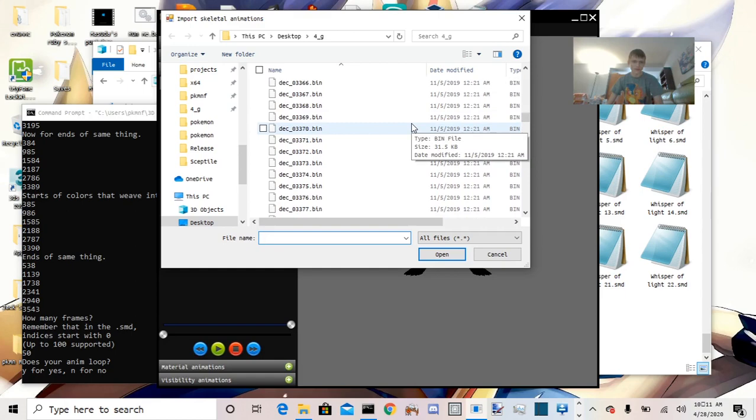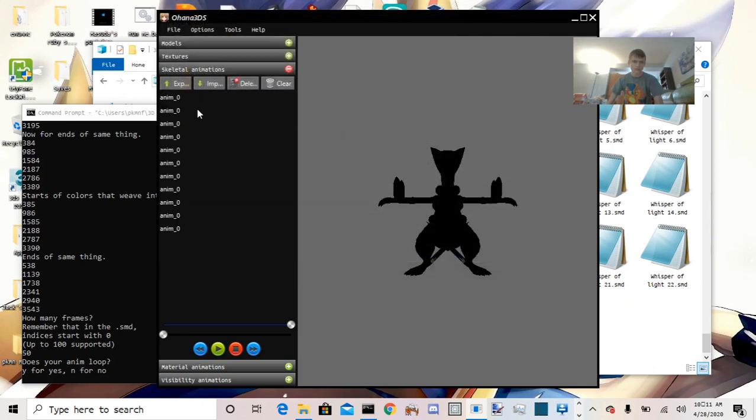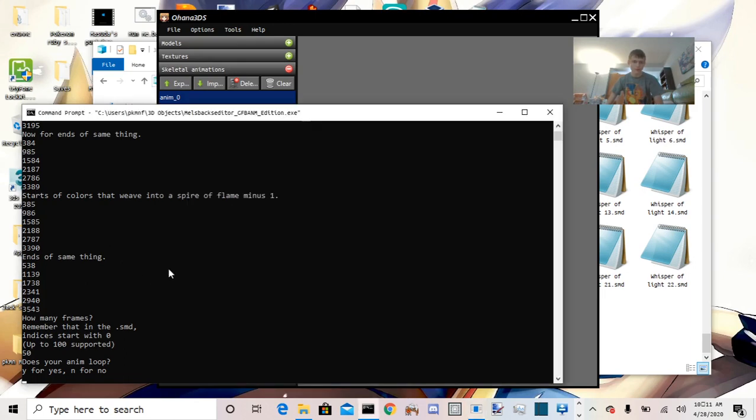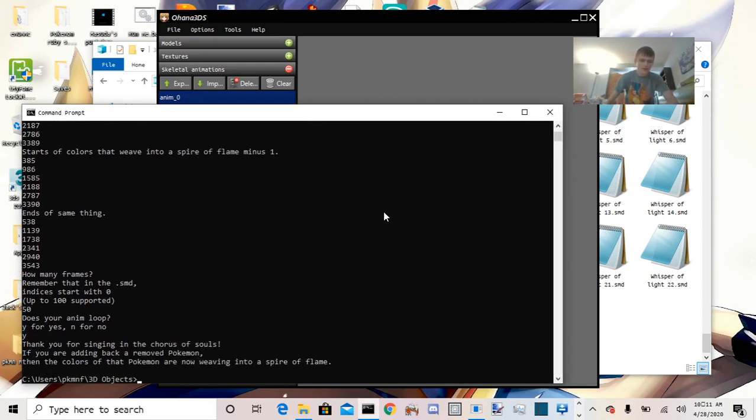We don't even need to load the textures, just the model and some of the animations. Is this the right one? Let's see. Yeah, that's it. Okay, so that looks like it loops, because it looks nice when the program loops it, so that means it normally loops. It's also one you can see looping in game. So we put a Y in here.